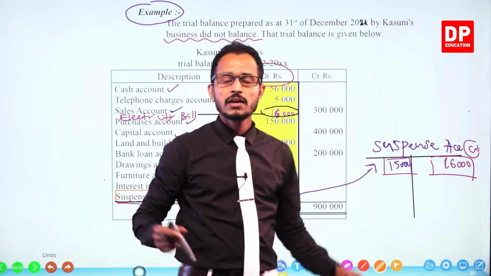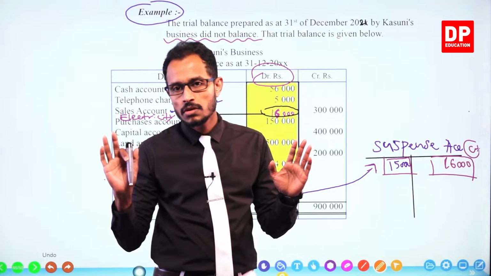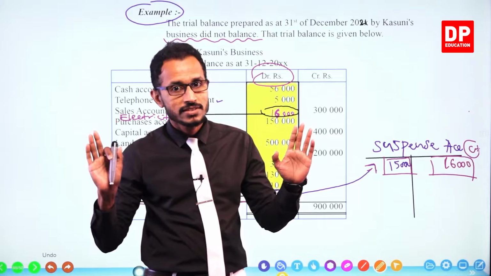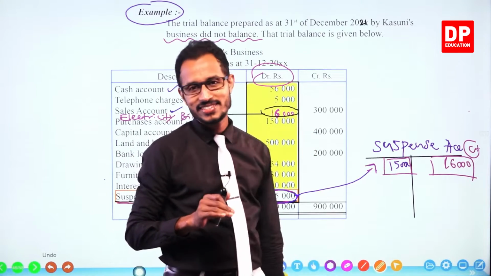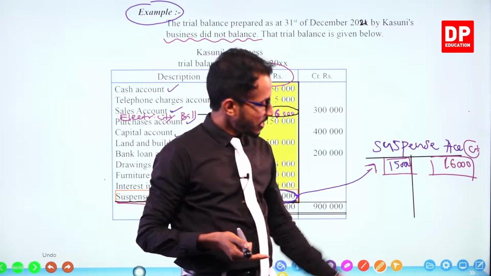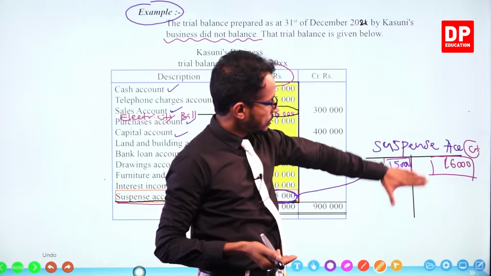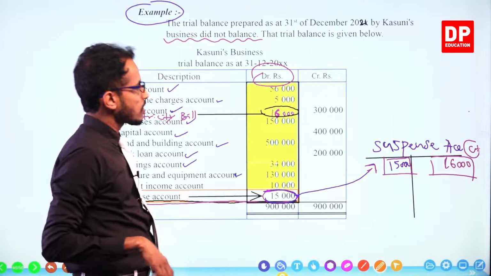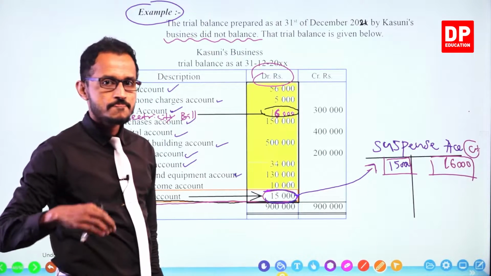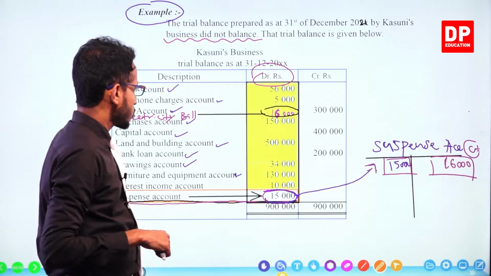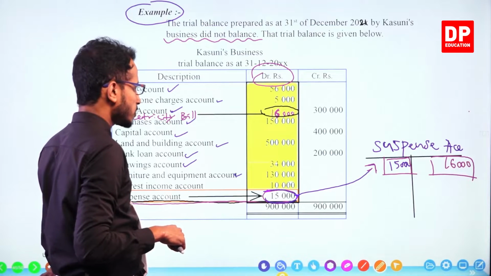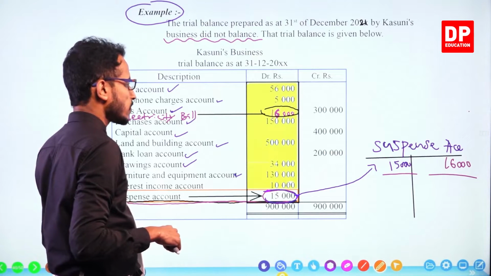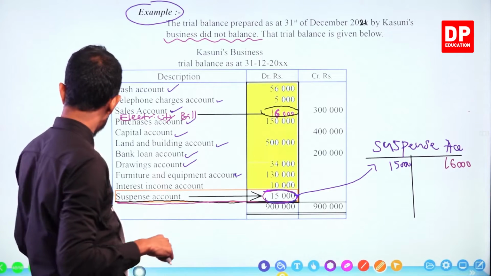it must be a mistake. No, don't rush. There are other errors to correct. When we correct all the errors, the suspense account will be ruled off or cancelled off. Okay, right? Okay, so that is actually the base story of this error, and we corrected it